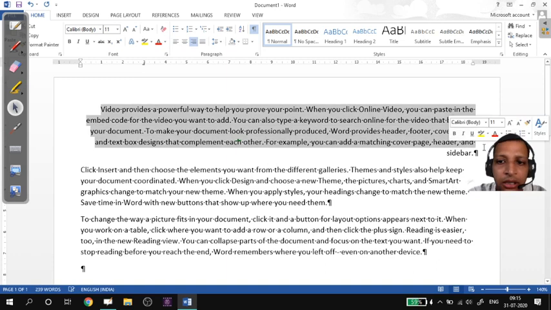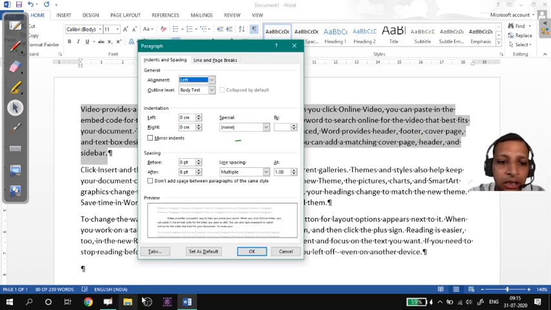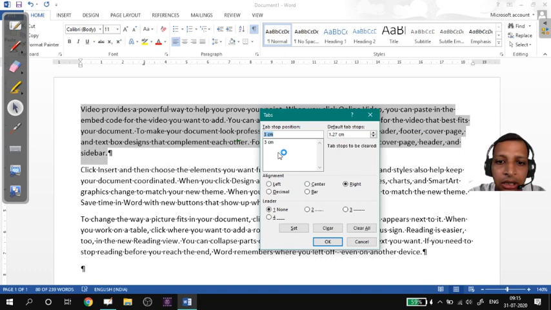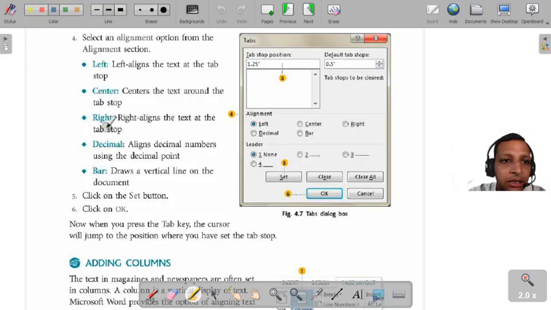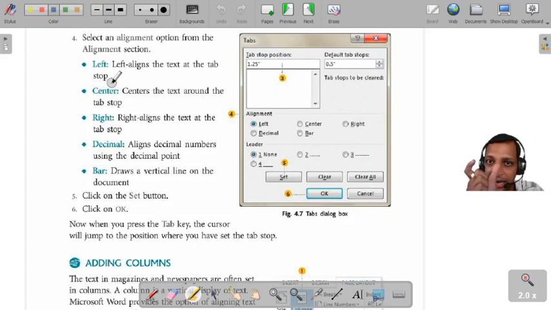So here I go back to left, and then you see in the paragraph setting, if you make it center, what happens? I'll tell you all. Let us read first. Left aligns the text at the tab stop. Left aligns the text at the tab stop means in that tab stop, where should the letter be aligned? Left, right, center. Getting what I'm saying?